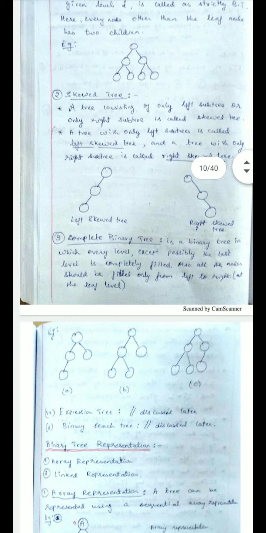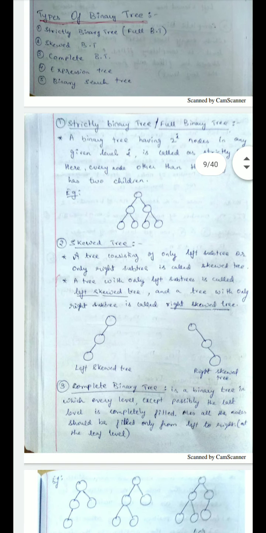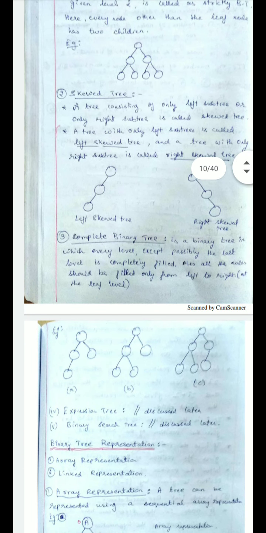Next, a complete binary tree is one in which every level, except possibly the last level, is completely filled, or almost all the nodes are filled, and filled only from left to right. Then we call it a complete binary tree. See here, these are the representations of a complete binary tree. So here, you can have it filled completely from left to right. Whereas a strictly binary tree is what? Having two children, but here it is not there. It should have child nodes, but it can be full or partial. Then we call it a complete binary tree. Okay, and the remaining two trees we will see further in this module.